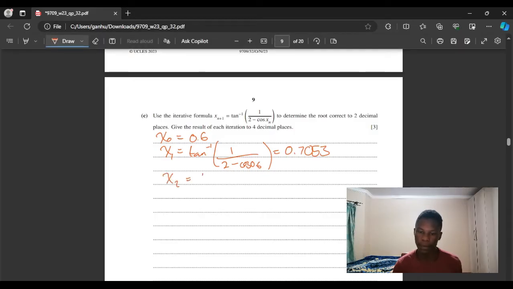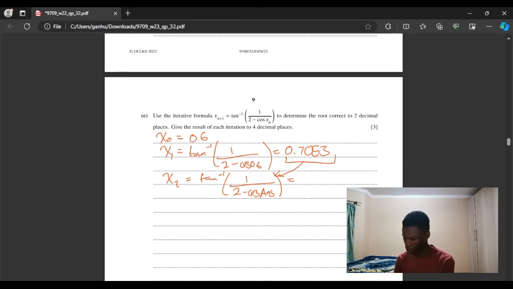Okay, let's do x2. That's arctan of 1 over 2 minus cos. Instead of substituting this value, what we're actually going to do is use the answer function on your calculator. So that will be cos Ans. You're just going to replace where you had put 0.6 on your calculator with the answer function and press equals, and you get your answer for this iteration. Give it to 4 decimal places, that's 0.6792. To get the next iteration, don't change anything on your calculator, but simply press equals, and you get